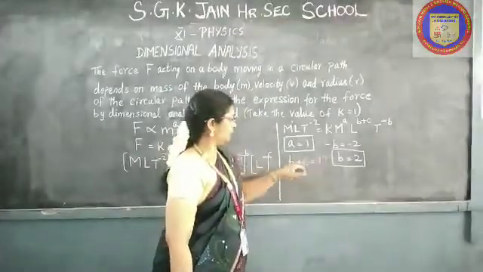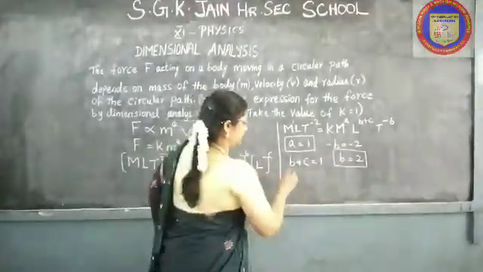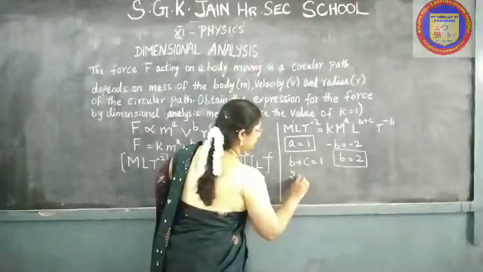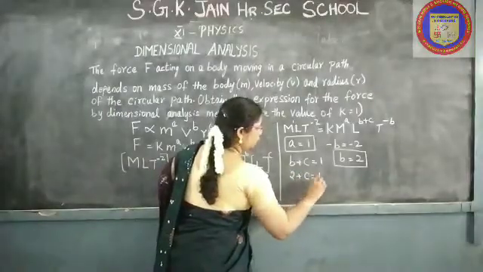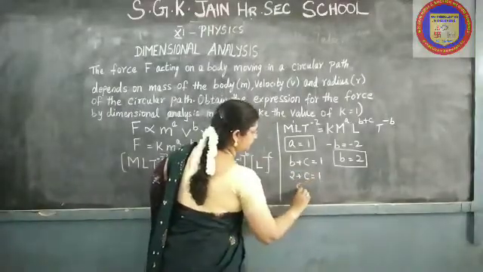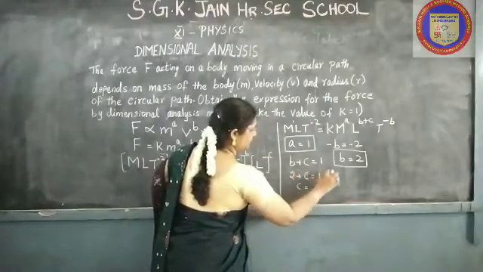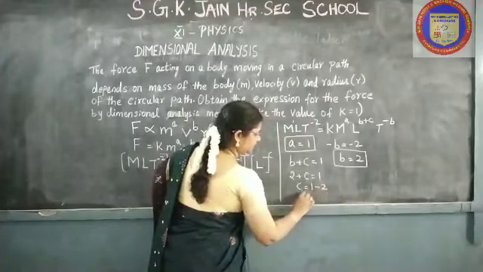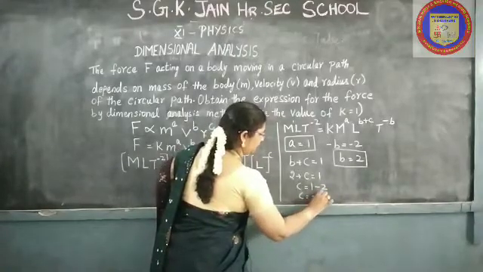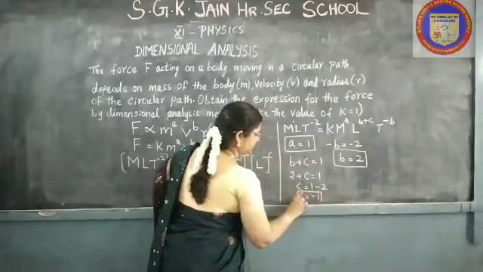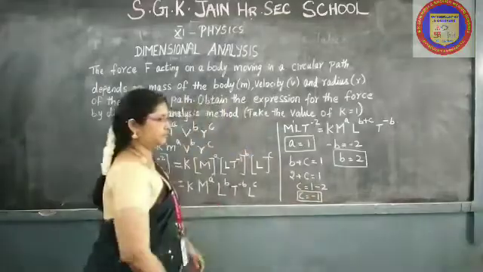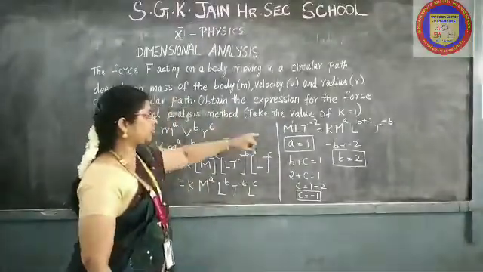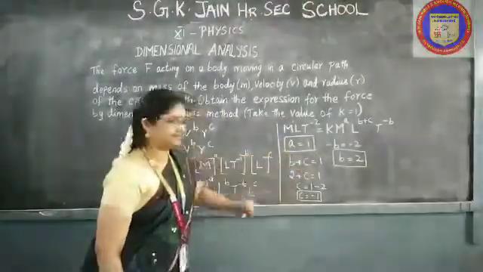So substitute the value of b here. So we will get 2 plus c is equal to 1. So c is equal to, this 2 when I bring it to the other side it becomes minus 2. So 1 minus 2 is minus 1. So my c value is, c is equal to minus 1. Now you got all the values a, b and c.